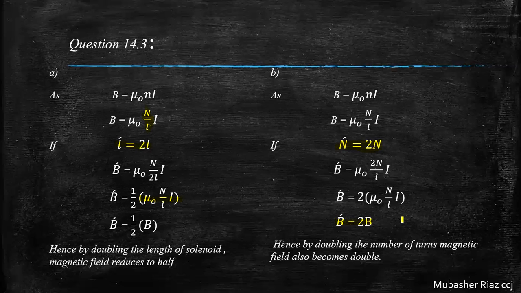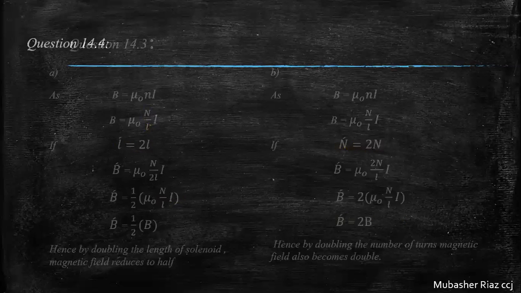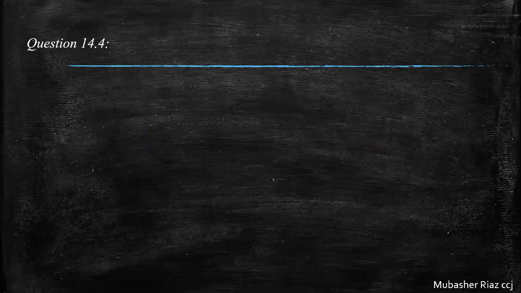So this is question number 3. Question number 4. A proton moves in the positive x direction in a region where there is a magnetic field in the negative z